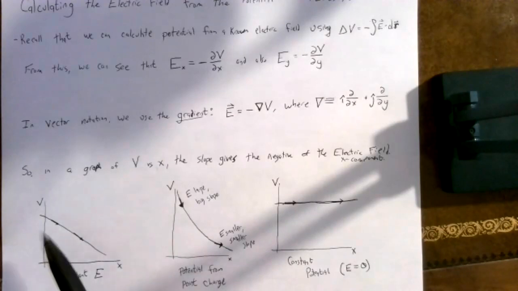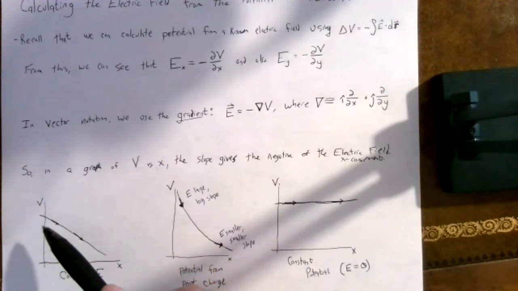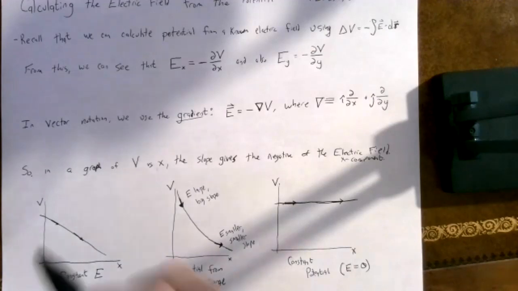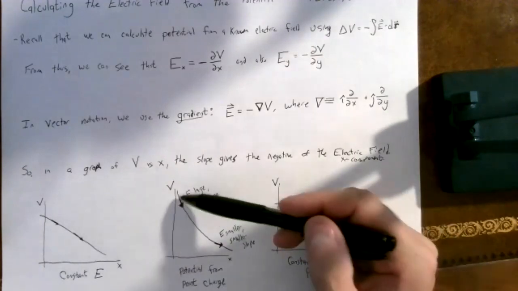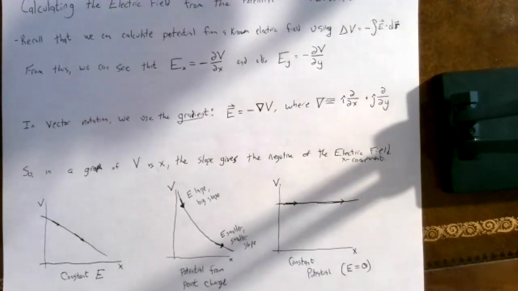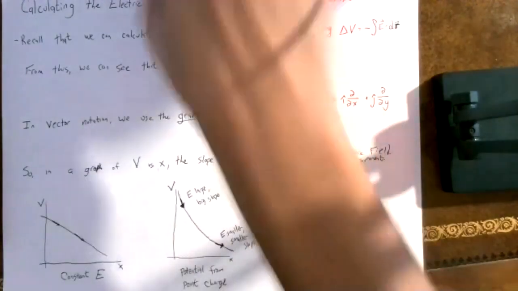But if you can remember that the potential is kind of like the height in gravity, or the gravitational potential energy, and then the electric field is the slope. Just like with gravity, the steeper the hill, the larger the force is going to pull you down the hill. Well, same thing here with potential. The steeper the potential hill, the larger the electric force is going to be. And I'll try to see what we can do to make that a little bit